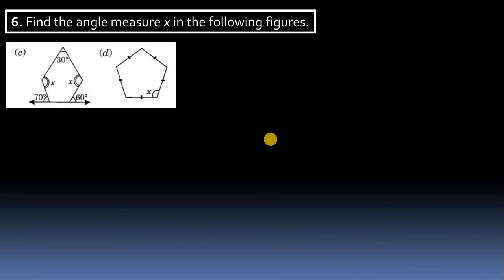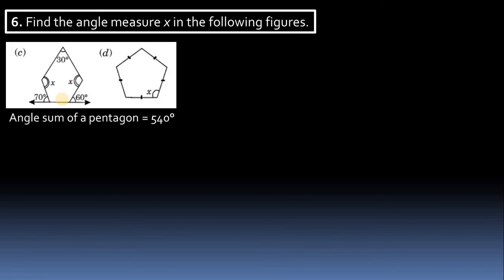Here for the C question, this angle is the same as this one, meaning it is 2x plus 30. But here we don't know the angle of this. So according to the linear angle, this straight angle is 180. So 180 minus 70, we will get this angle, and here also 180 minus 60, we will get this angle. Finally you will do the addition of all.